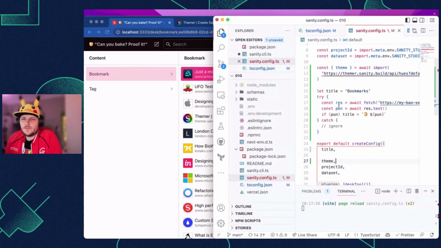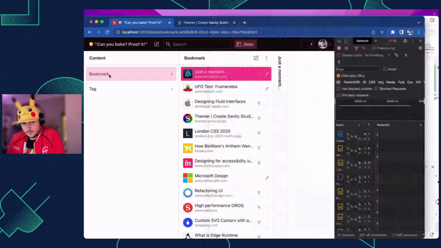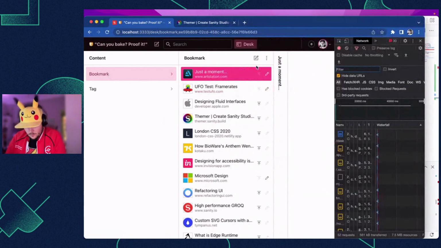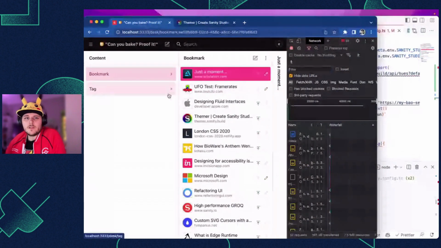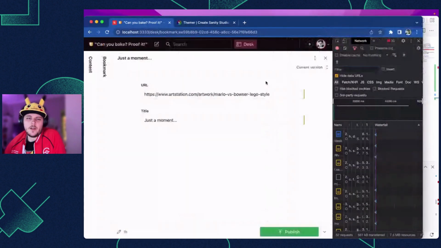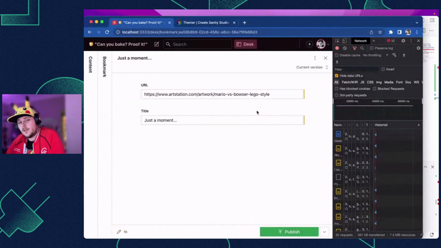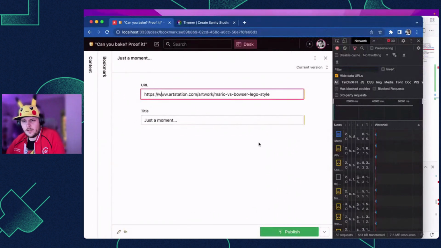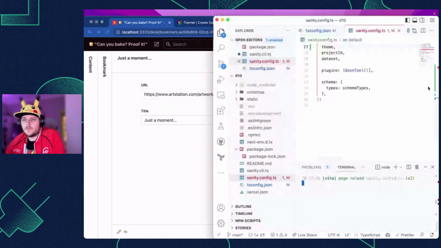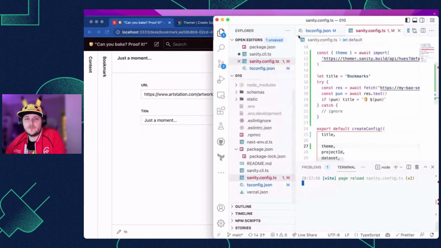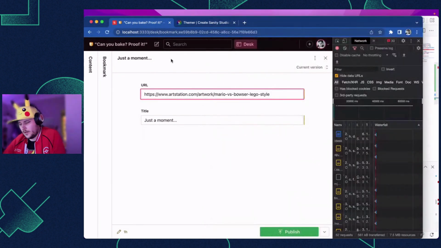Another use case is if you need a server-side API. For example, we only have 2 minutes left, so I have to speed forward to the solution. A very useful thing to do in your bookmarks is to fetch the title or favicons from the URL you're adding. But that's something you need an API for. You can't really do that just by looking at